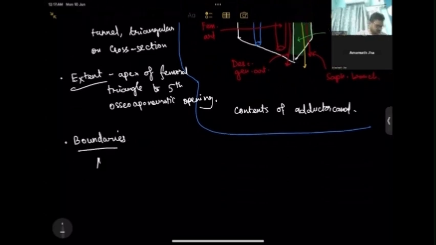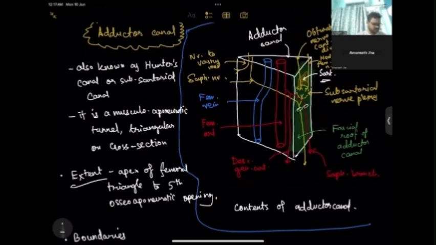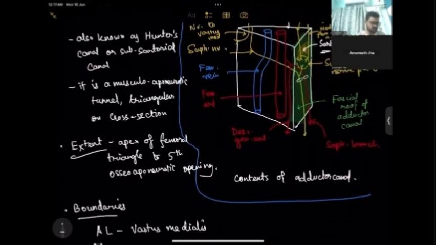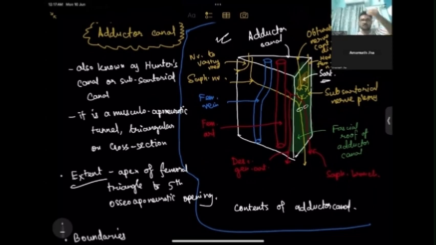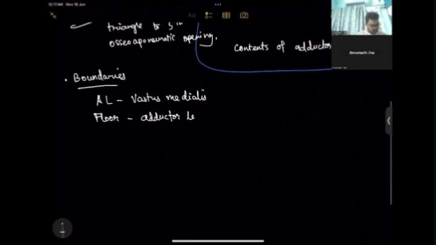I'm using short forms. Okay, so anterolaterally is the vastus medialis muscle. See, anterolaterally is the vastus medialis muscle. Here you can see the nerve to vastus medialis is also present. See, this is the diagram that you should draw in the exam. That's why I'm drawing this. There's another diagram you will see, the cross section of the thigh, but actually, these types of features like what's present anterolaterally can be described a bit better there. But I'm not drawing it here, because that's not required for your exam. Okay. So the floor is adductor longus above